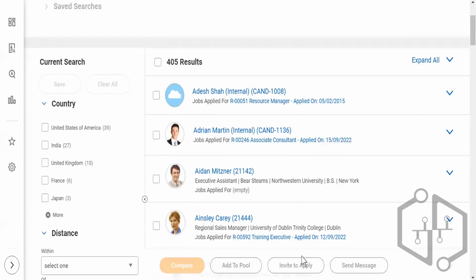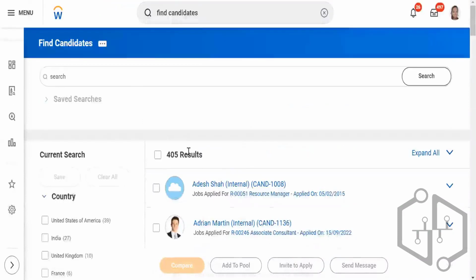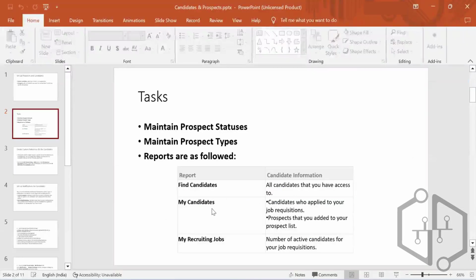And this Invite to Apply, we can use it for prospects. They can apply and enter the job application. So prospects, we can invite them to apply using this, and they can just apply and enter the job application. We will use that particular feature. And Find Candidates. Okay, when it comes to My Candidates,